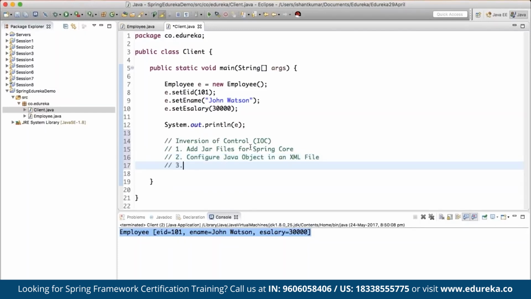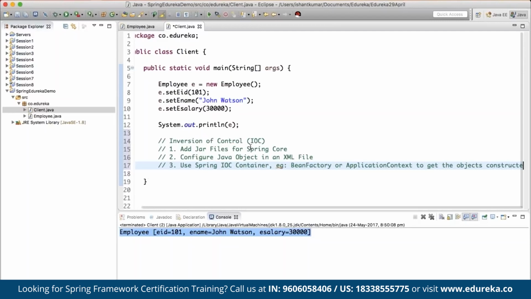And number three, use the Spring IOC container. So when we are saying IOC container, for example, BeanFactory or ApplicationContext, to get the objects constructed by